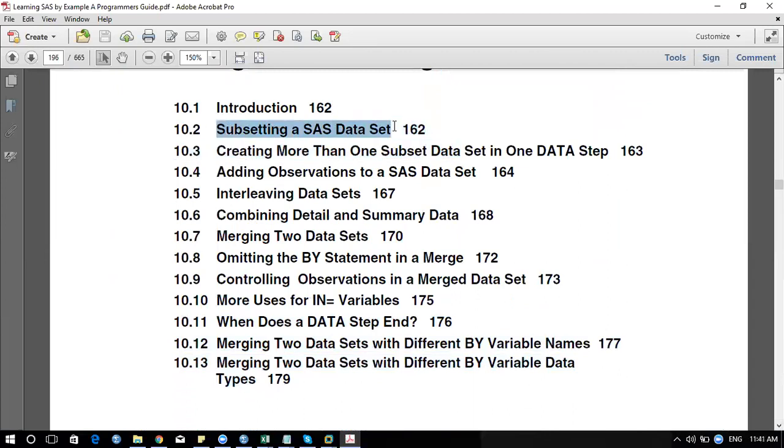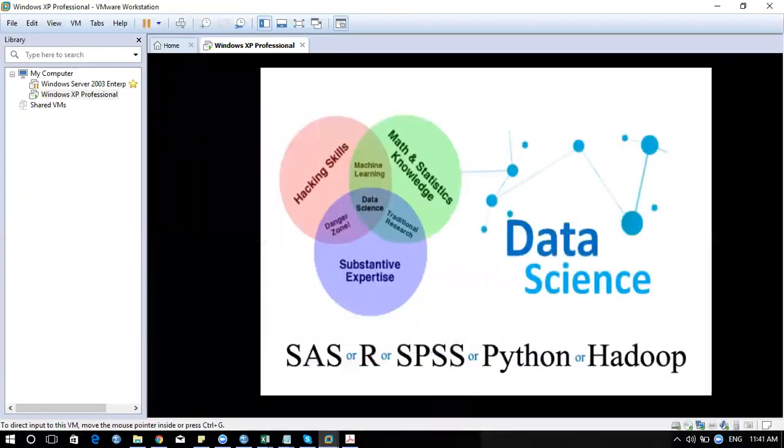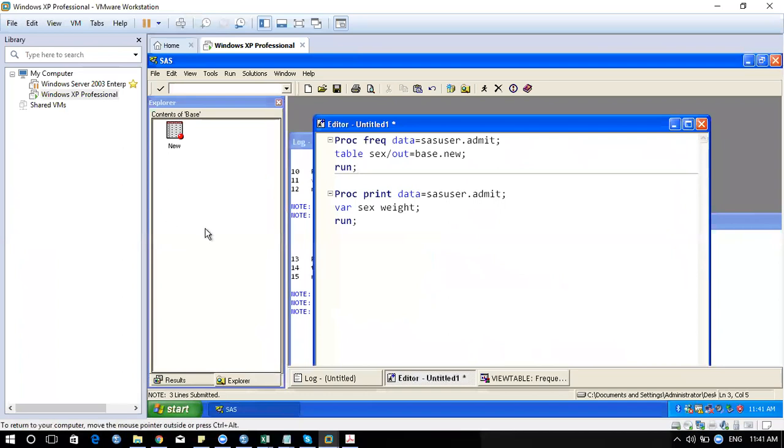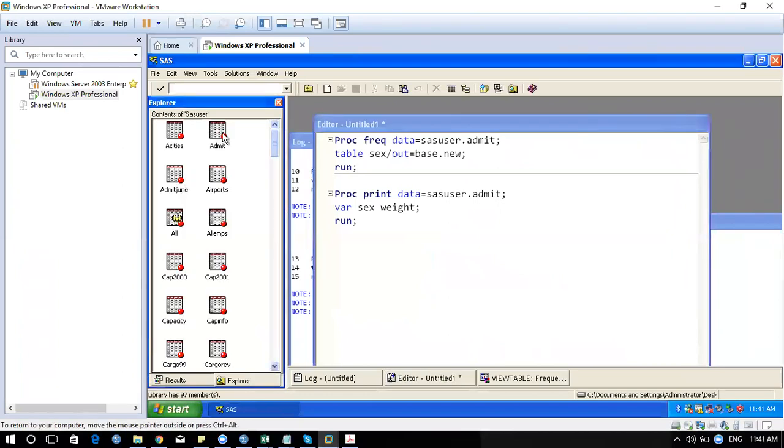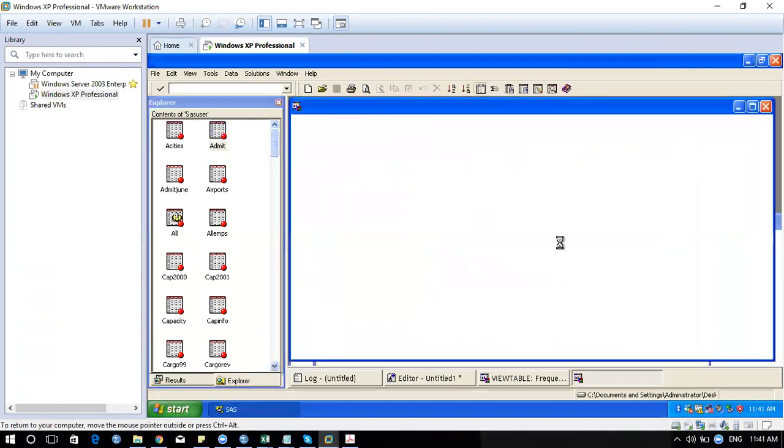Subsetting is nothing but, if you have a bigger data set, keeping a smaller data set based on some condition. Let's say I have a data set with male and female data. I want to separate it into a single data set for male and another for female.